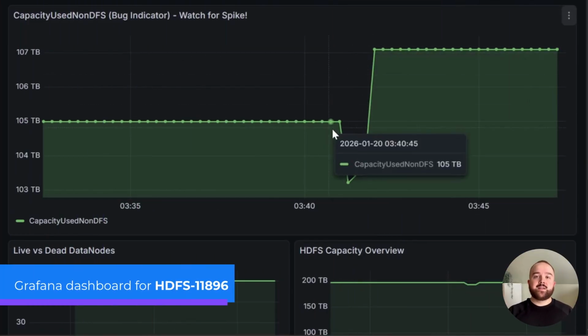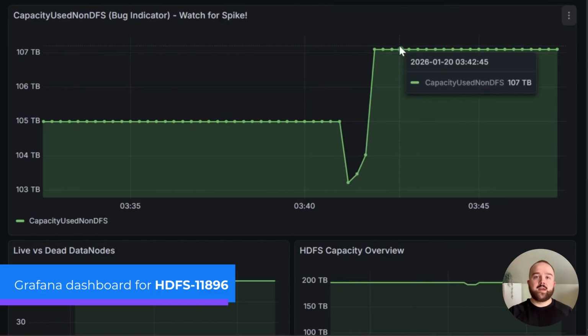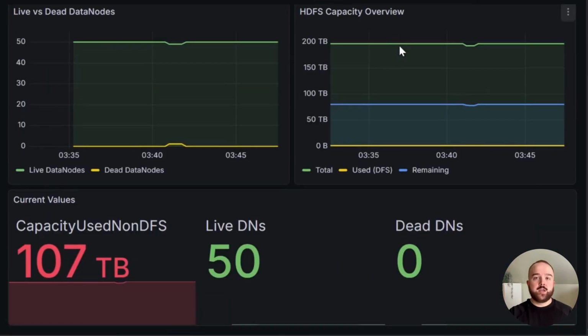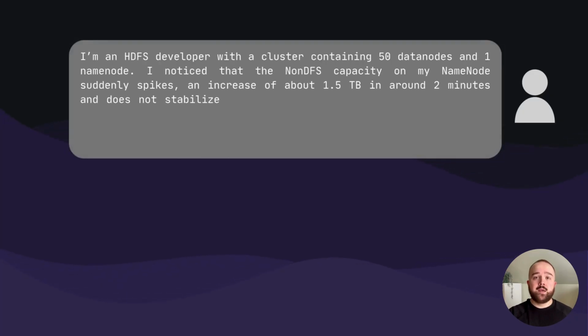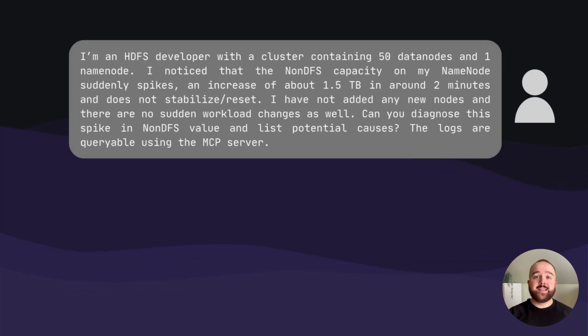This HDFS cluster was reporting an abnormal spike in the non-DFS capacity used metric, which keeps track of how much non-DFS data is stored for the cluster. After we ingest the logs from the HDFS cluster into CLP, we can connect the agent to CLP's MCP server